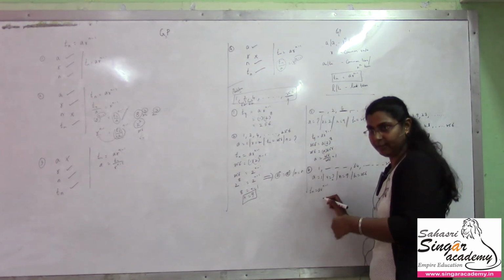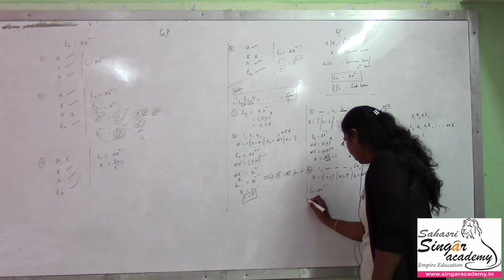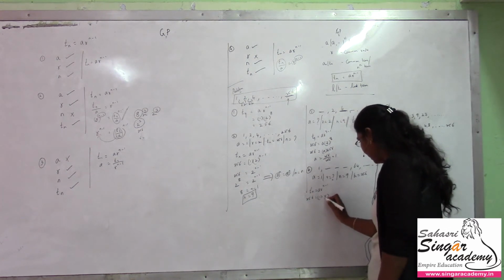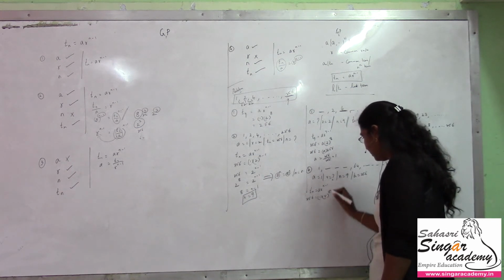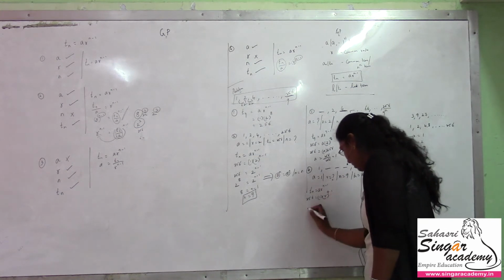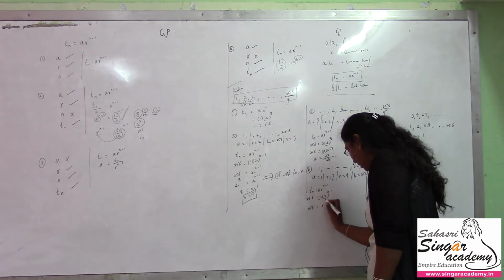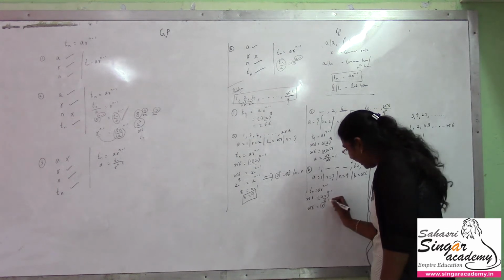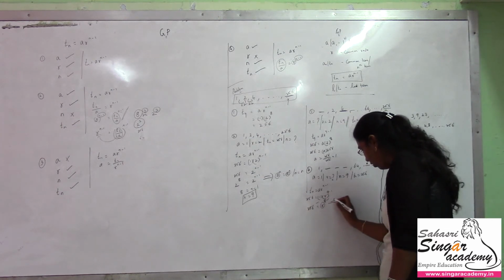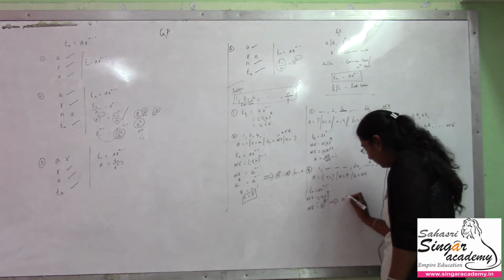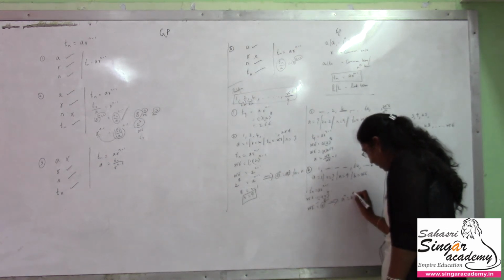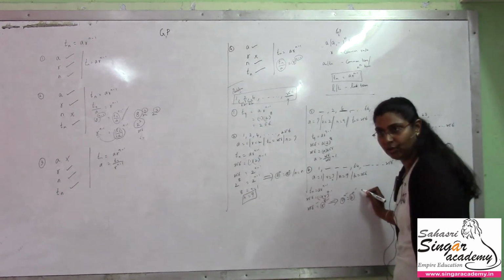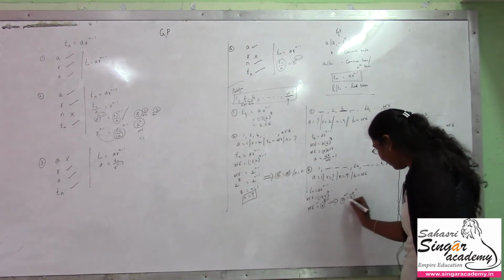Again using the same general term to break this value. 256 equal to a value is 1, and r value, I have to find the r value, and I know this value to be 8, which is 9 minus 1. So this is 256, which is equal to r power 8. Enna value r irundha enala match panna mudiyonu paakanum, and power same anda. Again I use the law of indices, which is a power m is equal to b power m, please make a note, if the power is same, the base has to be same. This is one of the laws of indices.